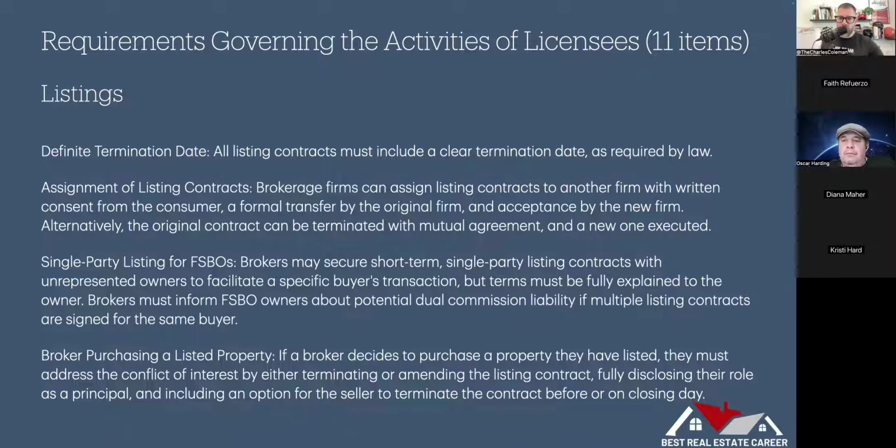Yet, if you're buying the home, you have to do a change of status, right? You have to do a change of status because you're now representing yourself as an agent because you obviously want yourself to win. So you can't treat yourself as a customer. You can't treat yourself as a transaction broker because in what world does that make sense? And so you also can't treat your current client as a client anymore in an agency capacity. You can't treat yourself as a client and the other party as a transaction broker because that's not how this works. So they're now a customer, you're your own agent, and now we do a change of status.